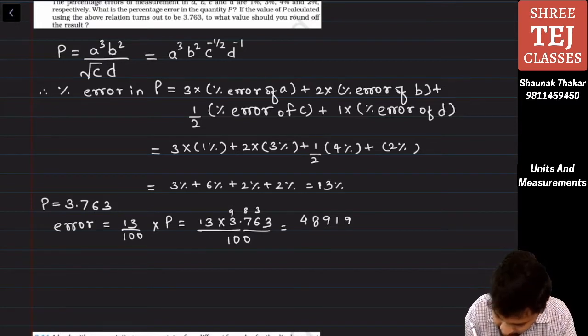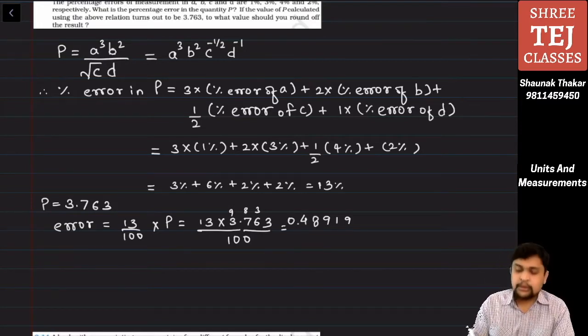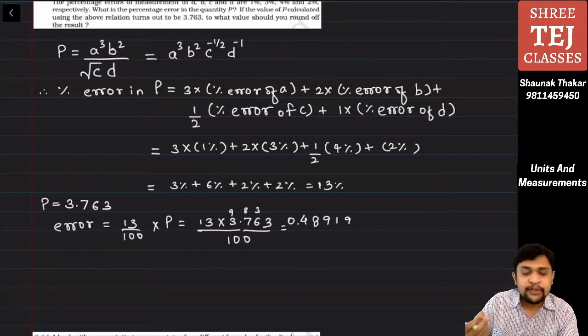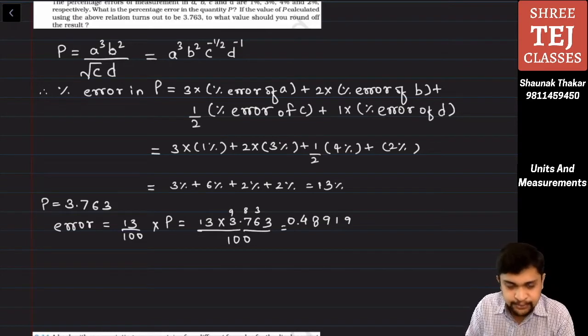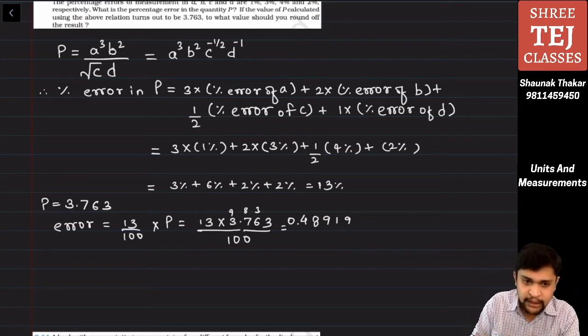And we will get this value. So 13 into 3.763 upon 100 will be 0.48919. Therefore, the error is in the first decimal point. Therefore, we will be uncertain about the first decimal, the number just after the decimal point. Before that, all the digits will be certain. Therefore, significant digits are 2. Hence, we will round off P as